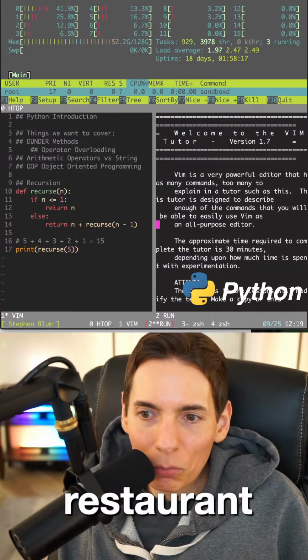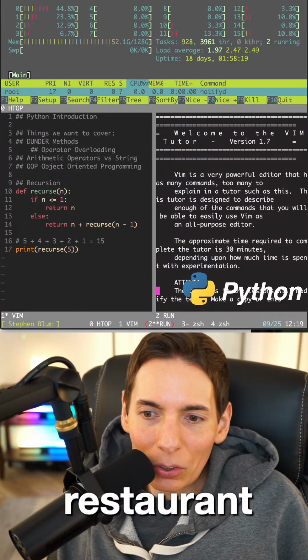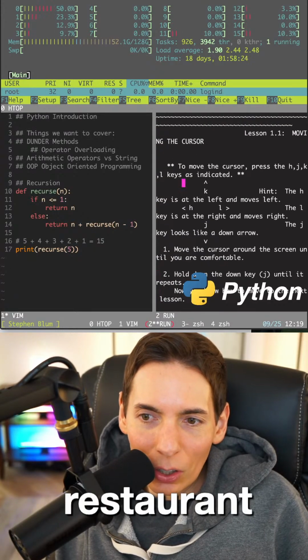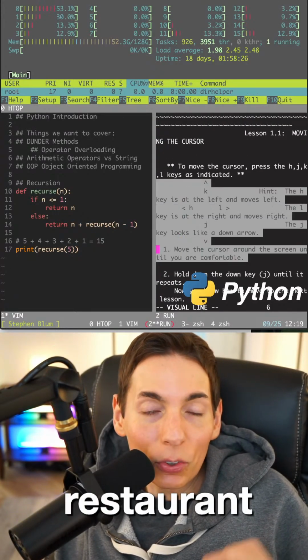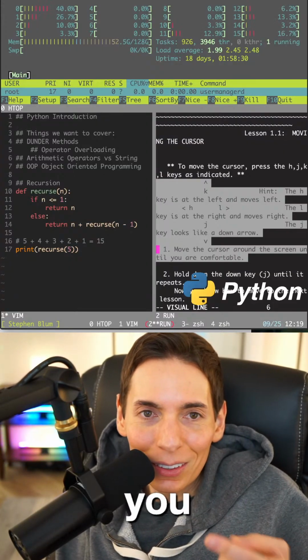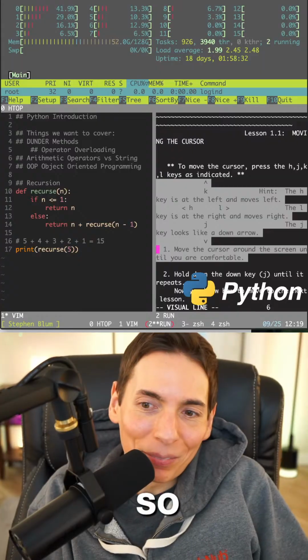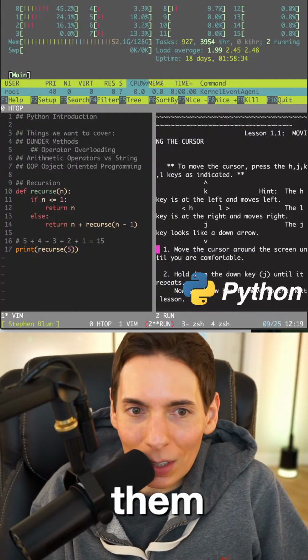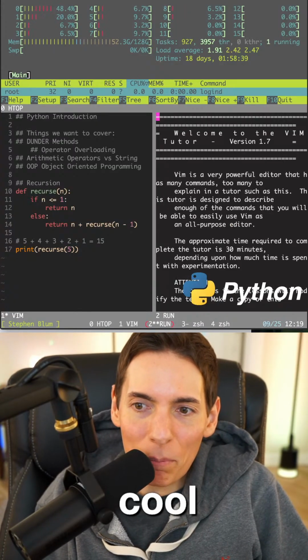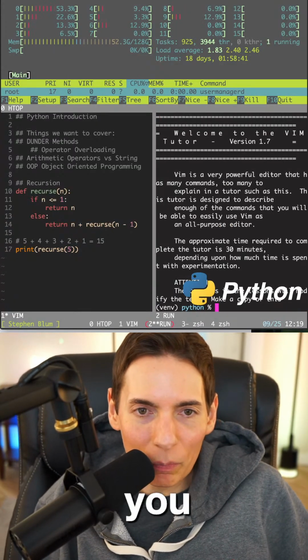Welcome to Vim tutor. Vim's a very powerful language. It's a 30-minute tutorial, and you just walk through it. It says, use these cursors, right? Basically it opens Vim to a text file that gives you instructions to learn Vim. It's so cool. Vim tutor, you guys, is called Vim tutor. Check it out. Vim tutor right there. If you want to learn some Vim motions,